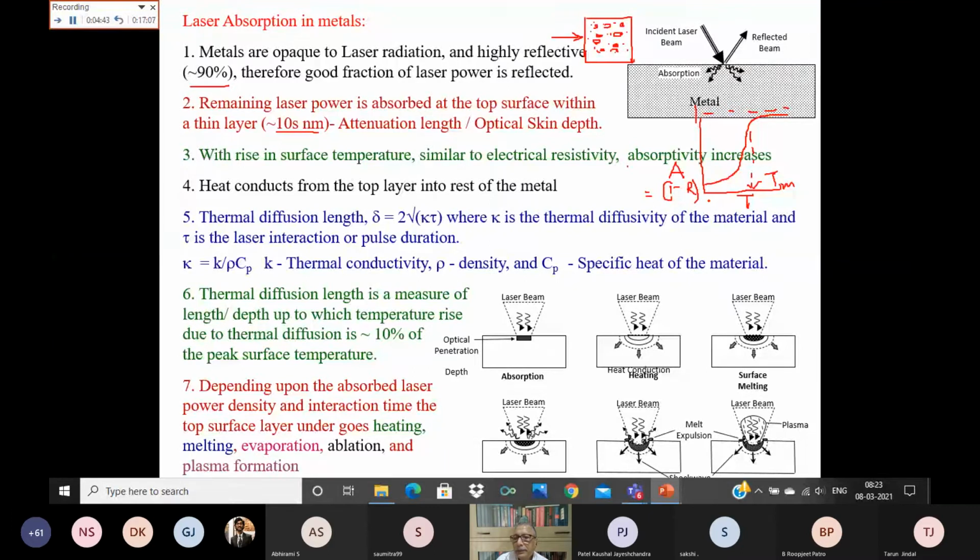Now as the temperature increases, the collision frequency with the ions increases, and because of that the absorption increases. You may ask, in the case of dielectric material, where we do not have free electrons, how is the laser beam going to get absorbed? In polymeric material, we usually have a lot of molecular bonds. If your laser photon energy is more than the bond energy, then the laser beam is directly absorbed in the bond of the polymeric material.